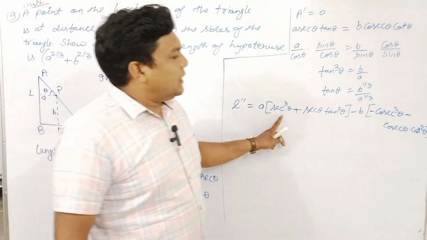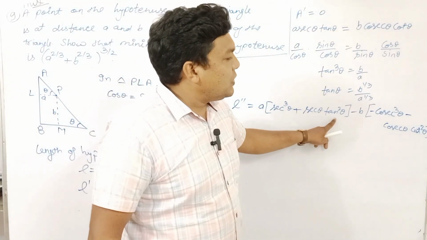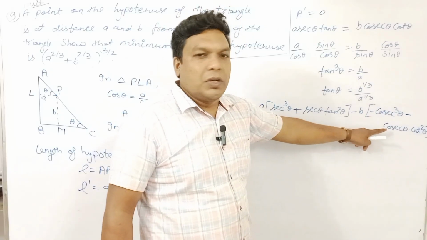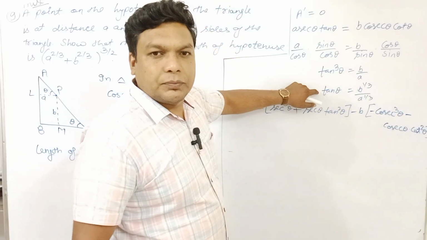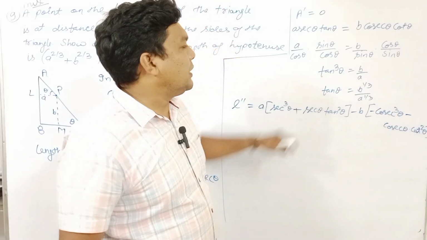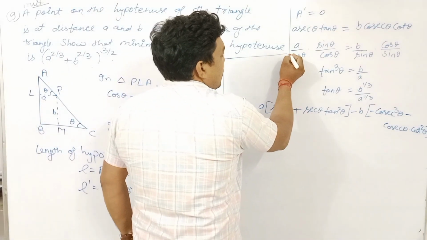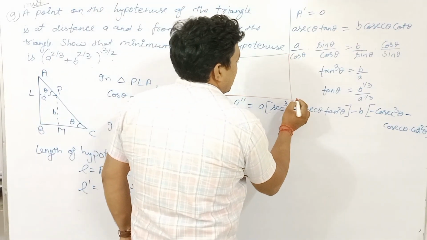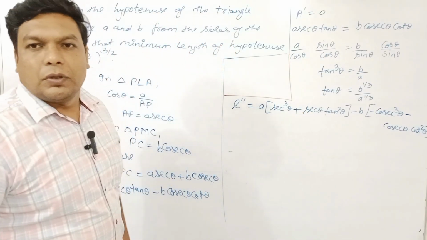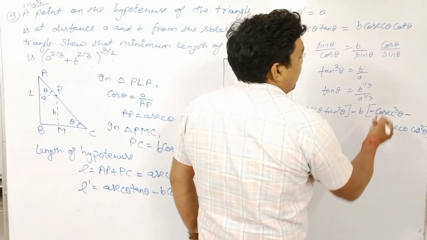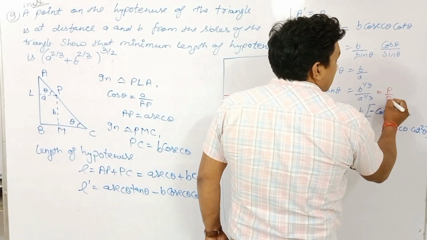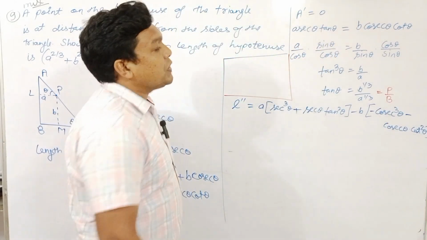Okay, so what we need now? Sec theta, tan theta, cosec theta, cot theta. We have tan theta. So from tan theta, what we can find? If tan theta is this, what will be? जो सिंपली करते थे ना ट्रिग्नोमेट्री में, say it is p upon b. So what will be h?